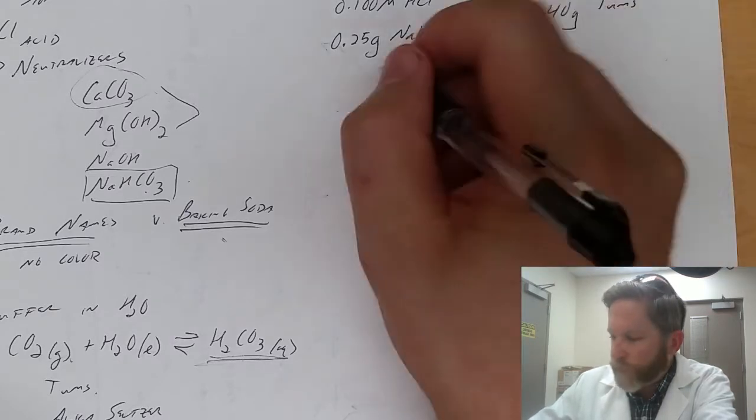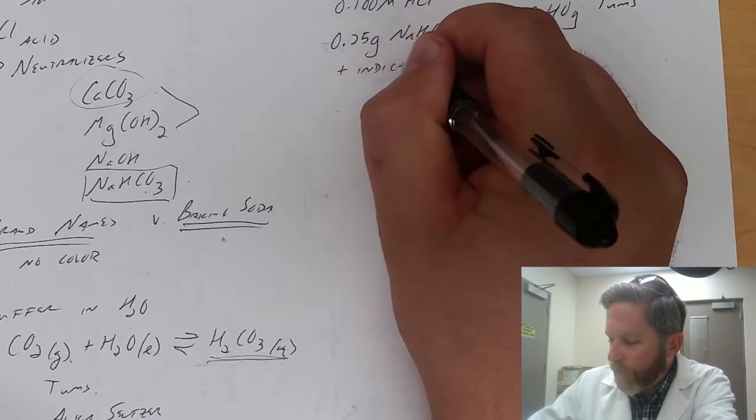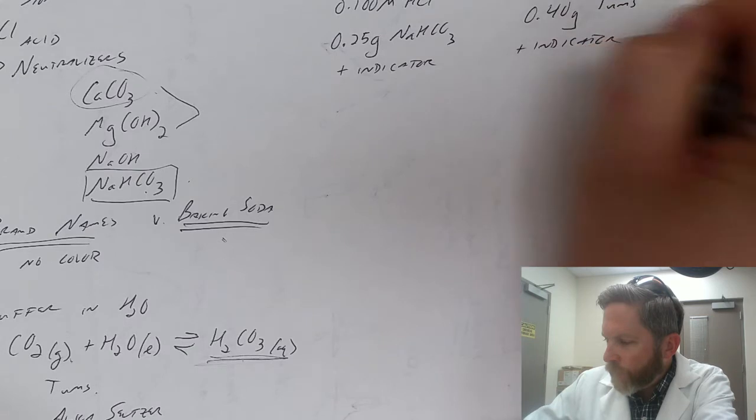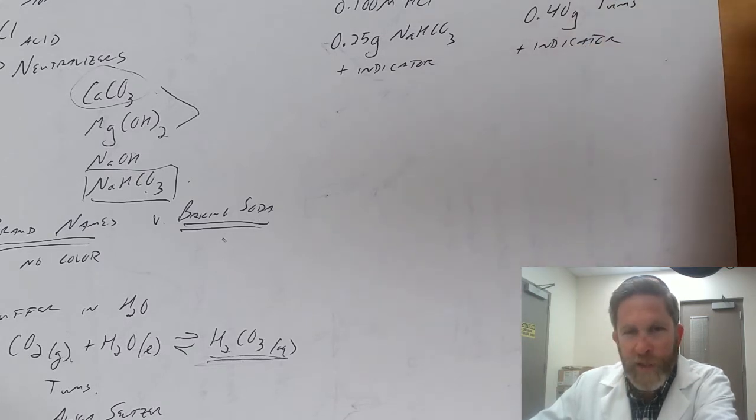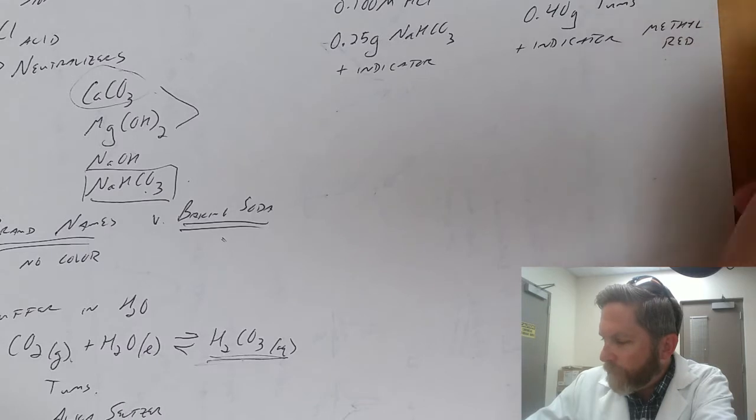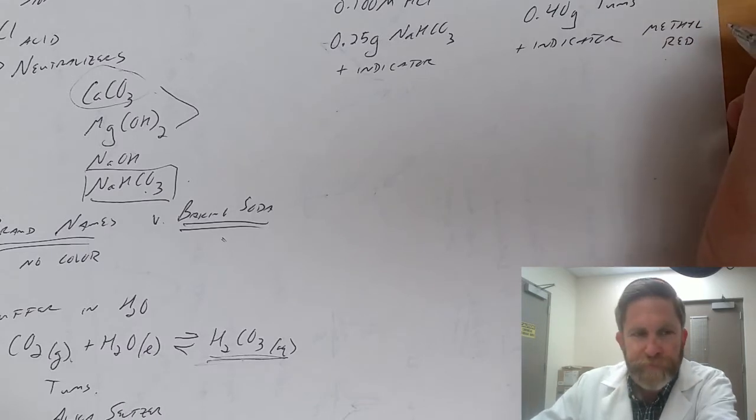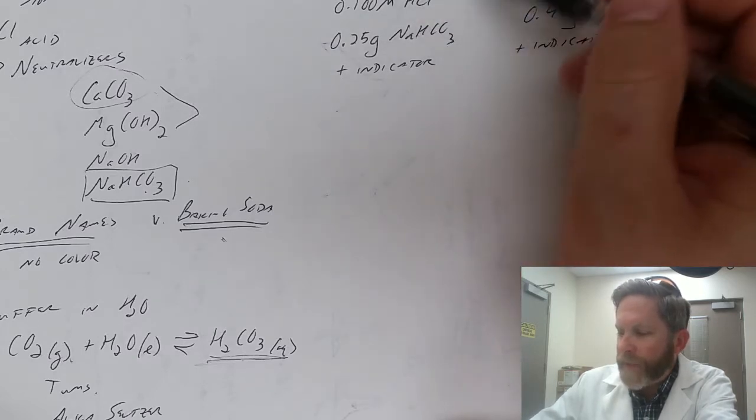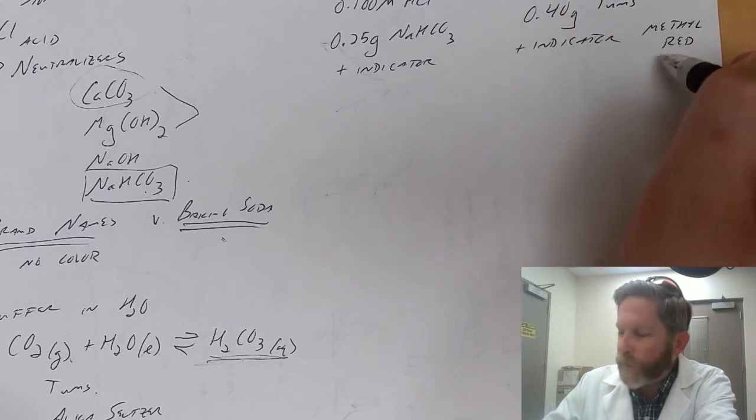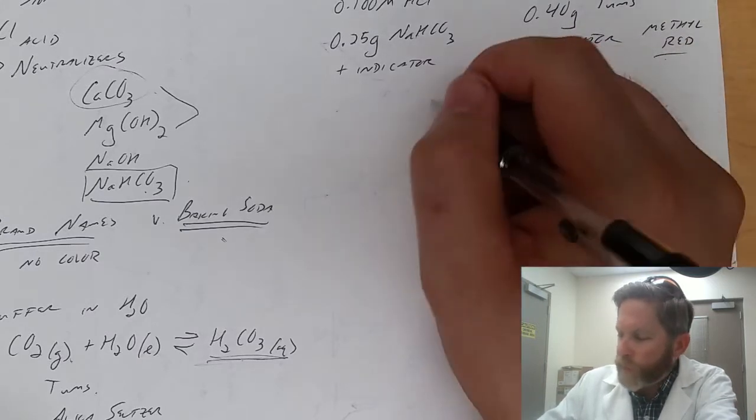to that solution, and add an indicator, which is used in order to help us visualize once the neutralization has actually occurred. And in the case of this experiment, this is methyl red. Okay, methyl red is red in the presence of an acid. So once you've added this, these should not neutralize all of the acid, so it will still be red. And then what we're going to do is we're going to titrate